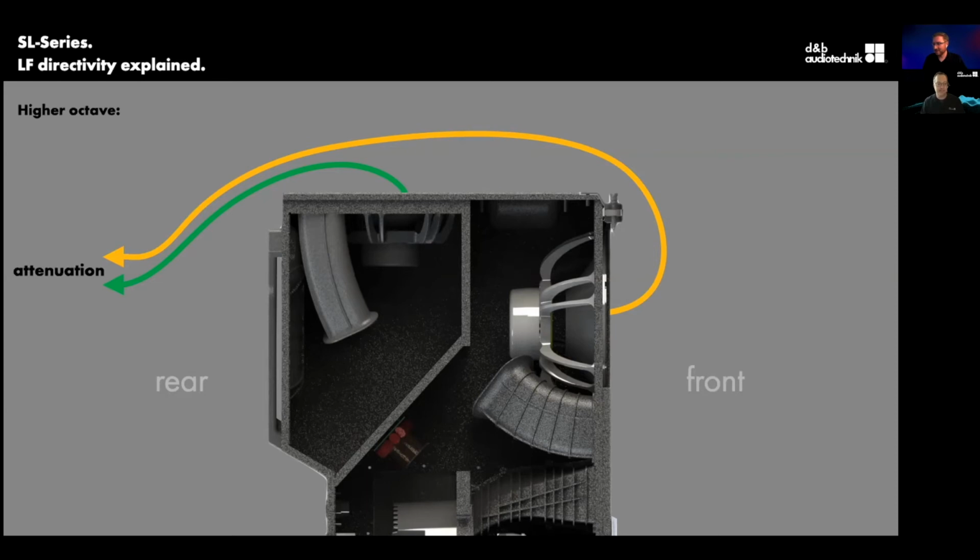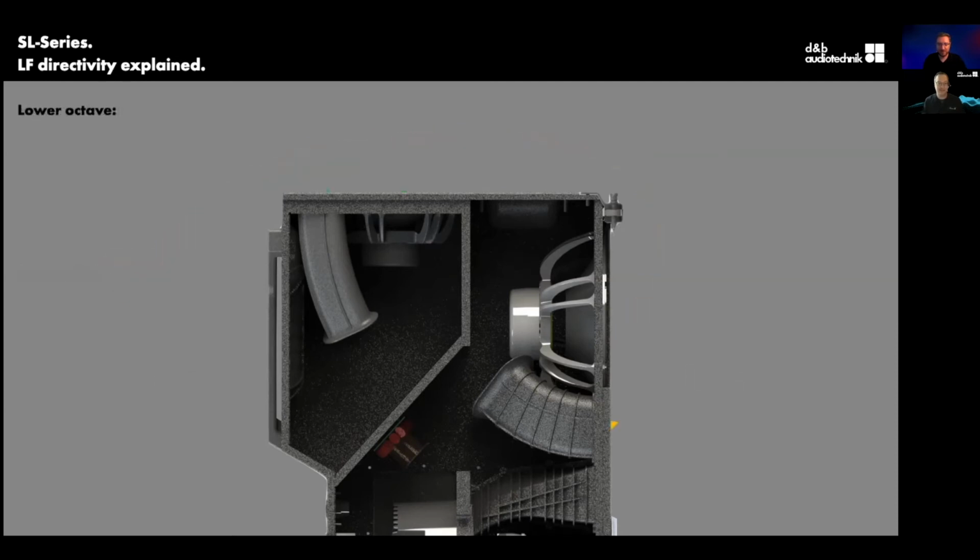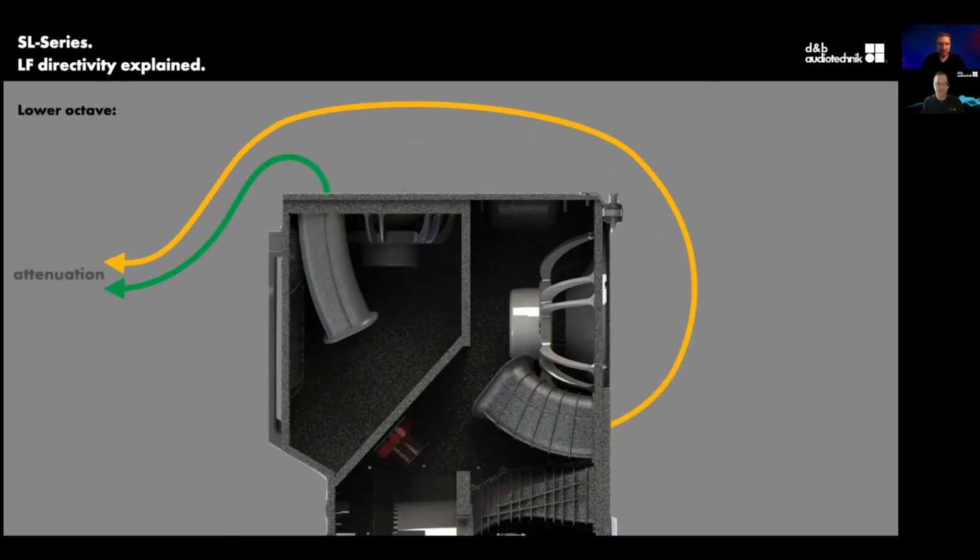But if we take a look, we can see that there are these bass reflex ports in each one of the chambers there. As we're talking about lower sound waves, we're talking about longer wavelengths, right? So how do we control that? What they were able to figure out is that if we place these bass reflex ports as far away as possible from each other, and even the length of them is going to help us with timing, we're able to then get the attenuation to the lower octave as well. So quite crafty in the design, and they just waited for technology to catch up a bit.